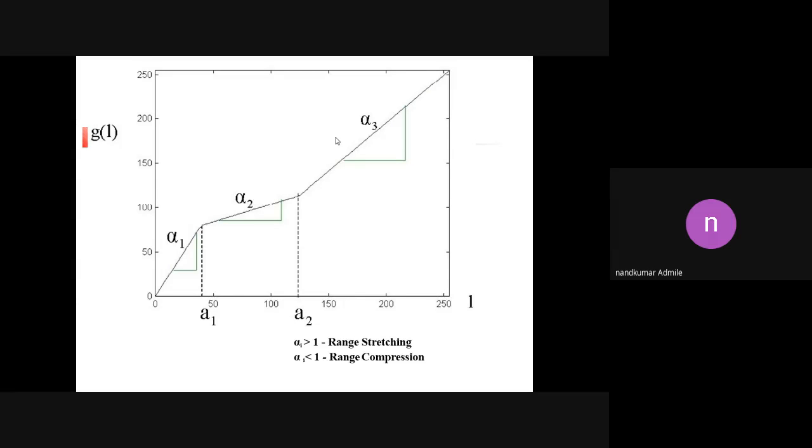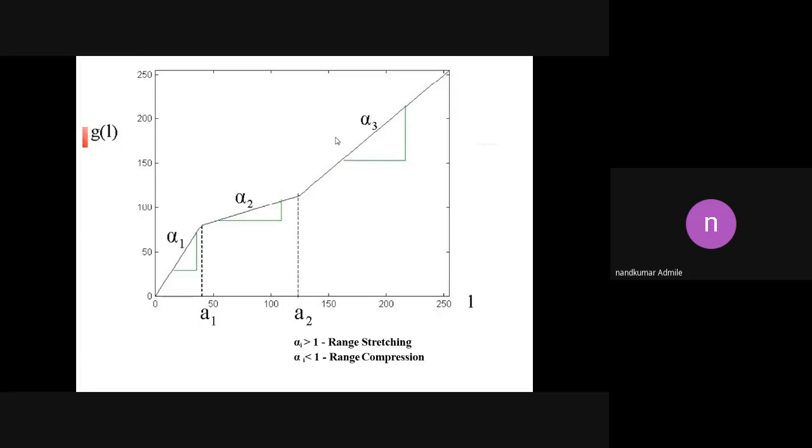Here we can locate the origin as 0, then point A1, point A2, and then 255. Okay, so why do we consider these levels? Because we have to consider a particular range of pixels. So in the first case, that is from 0 to point A1,